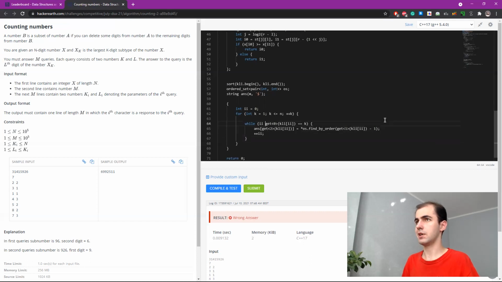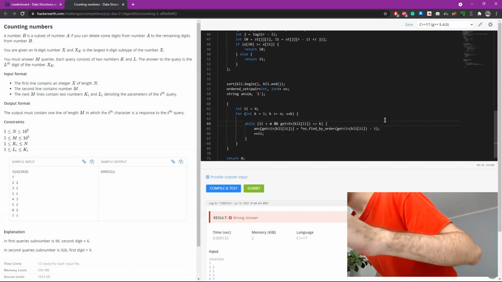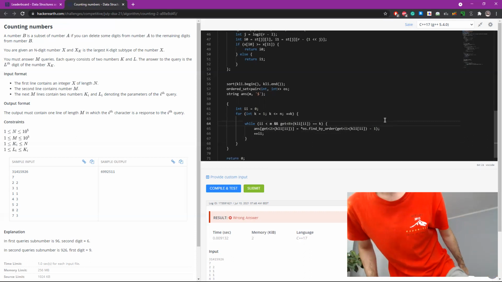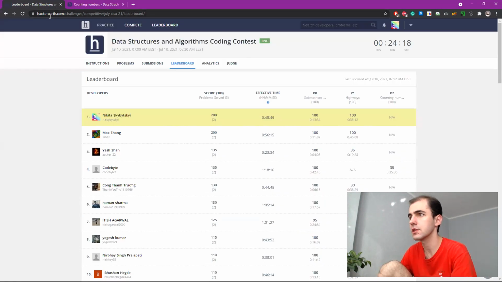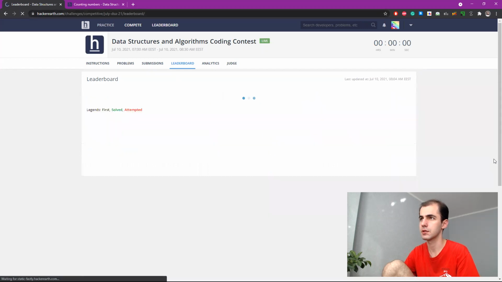Should be careful. While I is less than m, because otherwise success in this is obviously undefined behavior. Now here I have to actually think. Do I have enough time to think, or should I just submit something? I think I have enough time to think.